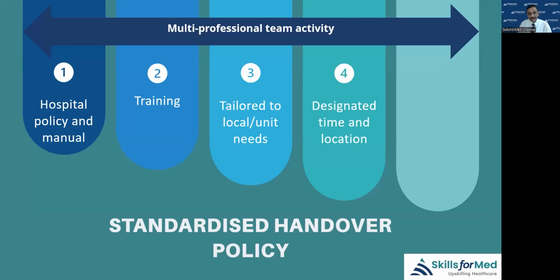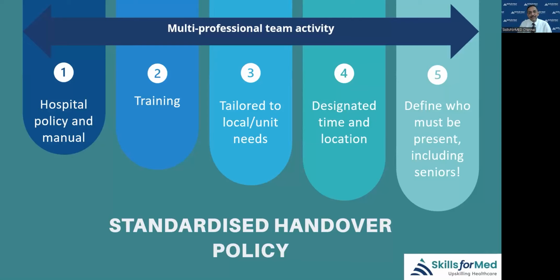And we need to, as I told you, have a designated time and location where this handing over takes place, at least starts. So the start time is fixed, and it will start in this place, so that everybody knows where to assemble and what time to come. And finally, very important to define who must be present, including the seniors. I'll be talking about who is to lead the handover. The person leading the handover should be the first to be present. So these 5 are very important before we put the systems in place.